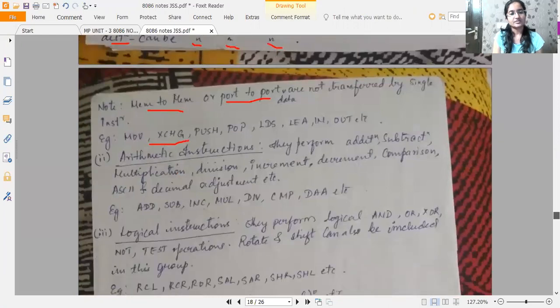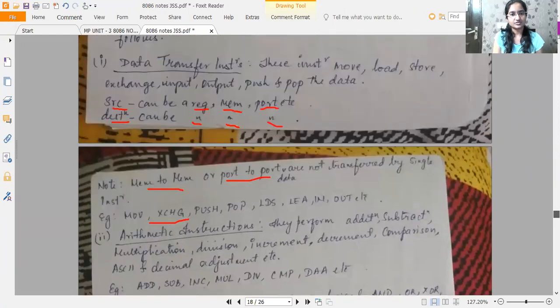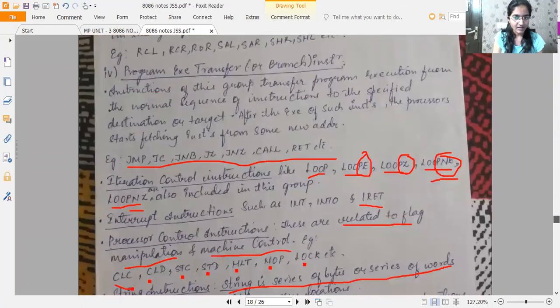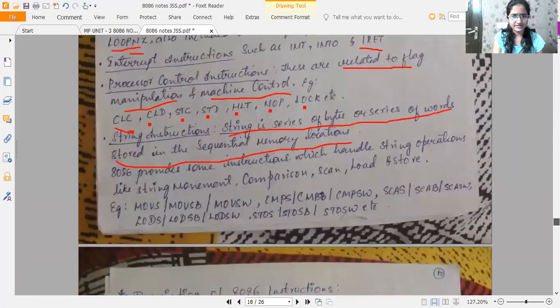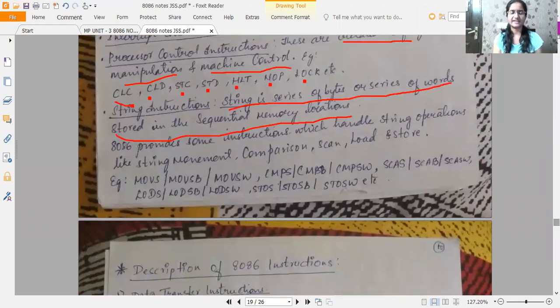Now suppose you want to compare one single byte-sized data, then you can directly use CMP, compare, and by default if another data is present in some other memory location, then that will be compared.